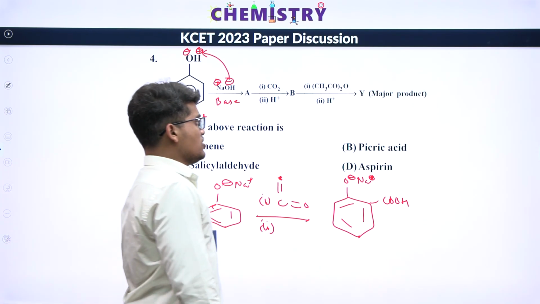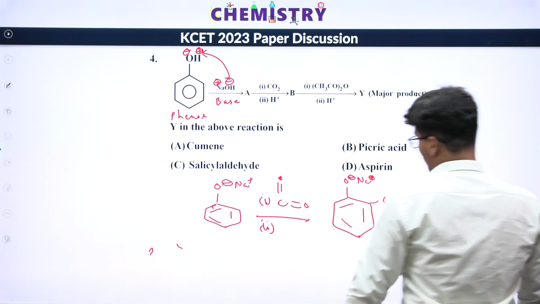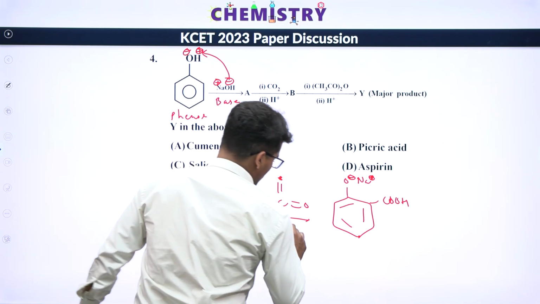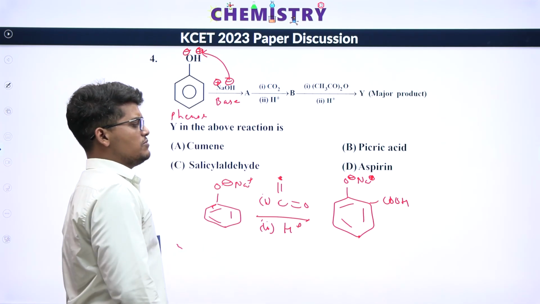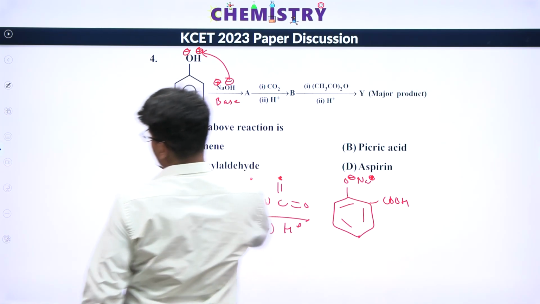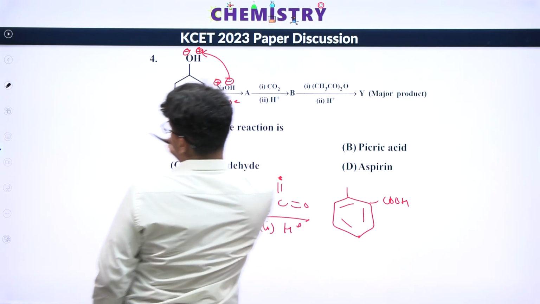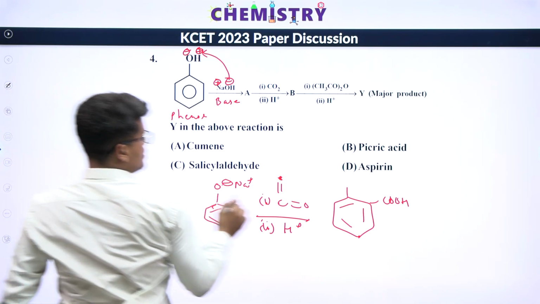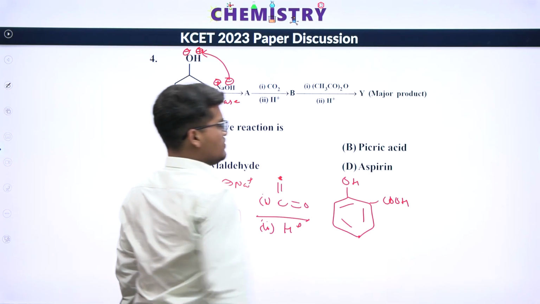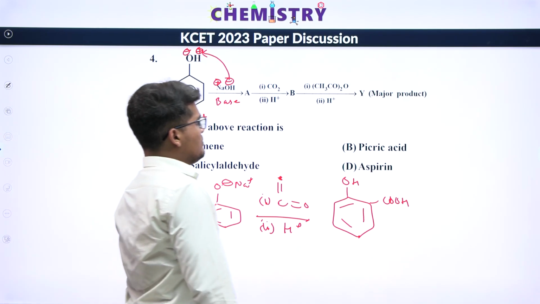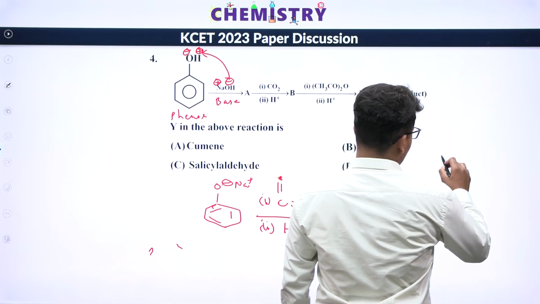You can see there is a formation of a COOH group when it reacts with CO2 in the presence of H plus. In H plus, this O minus is also protonated and converted into OH. There is a formation of this compound. Now the second step they are saying is